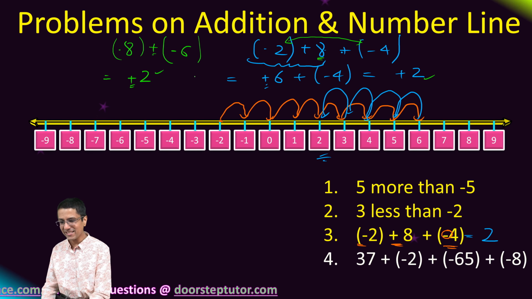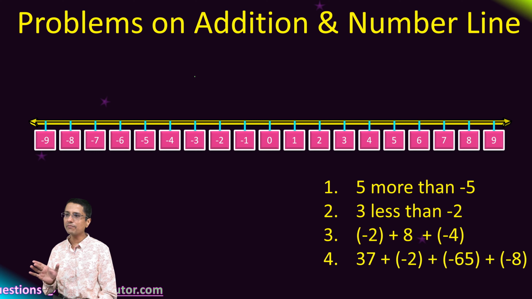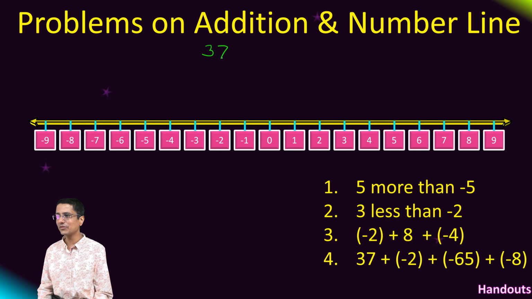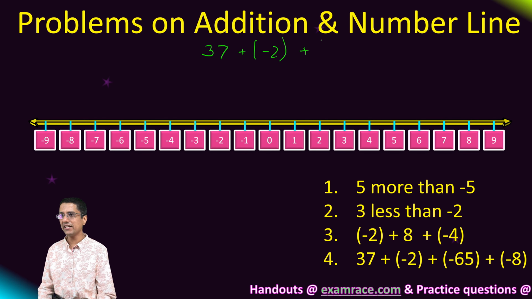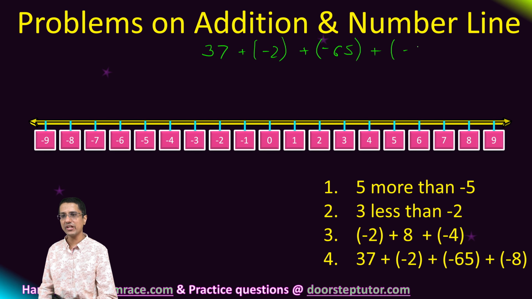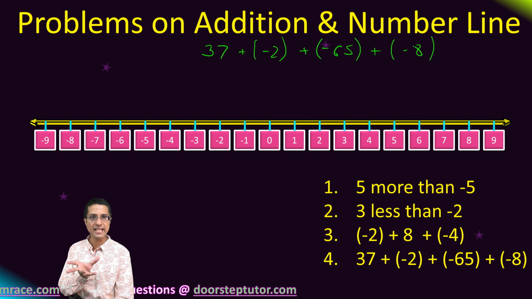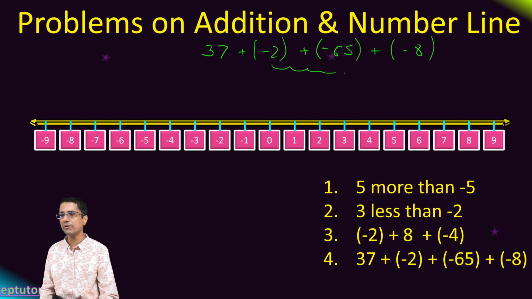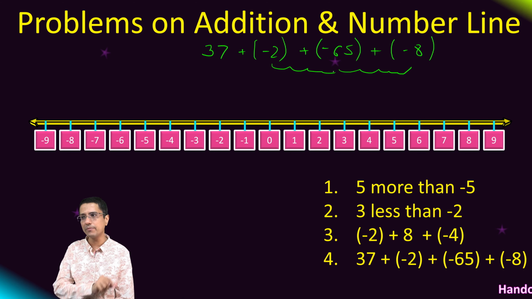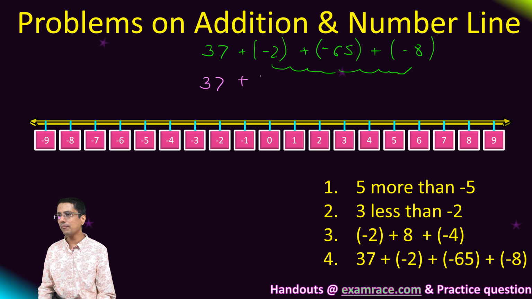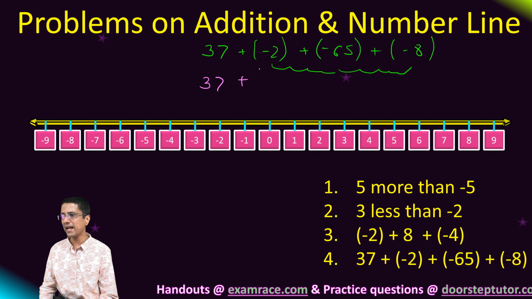So now the last and final problem, and this problem of course cannot be solved on the number line. It would take us forever to construct a large number line. So we are going to solve it using the standard method that we have developed. Okay, so that is the method of addition using the signs. And in this, we will use our technique of combining all the negative numbers together. So these three are the negative terms. So I'll write 37 as is and I'll combine all of these negative terms and add them together.